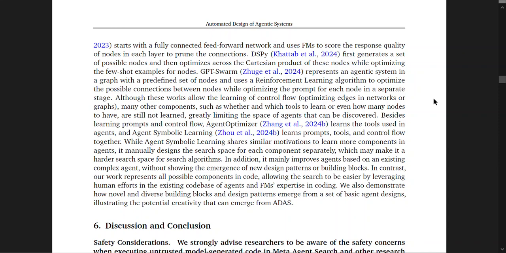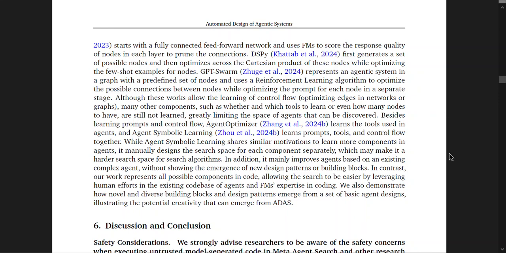Although these works allow the learning of control flow, optimizing edges in networks or graphs, many other components such as whether and which tools to use or even how many nodes to have are still not learned, greatly limiting the space of agents that can be discovered. Besides learning prompts and control flow, Agent Optimizer learns the tools used in agents, and Agent Symbolic Learning learns prompts, tools, and control flow together. While Agent Symbolic Learning shares similar motivations to learn more components and agents, it manually designs the search space for each component separately, which may make it a harder search space for search algorithms.